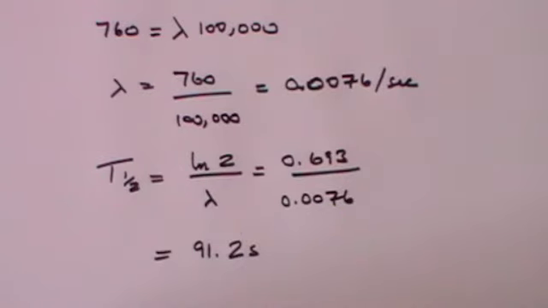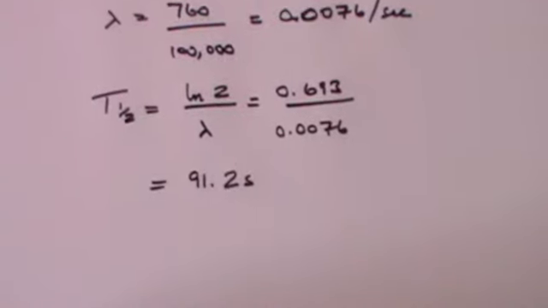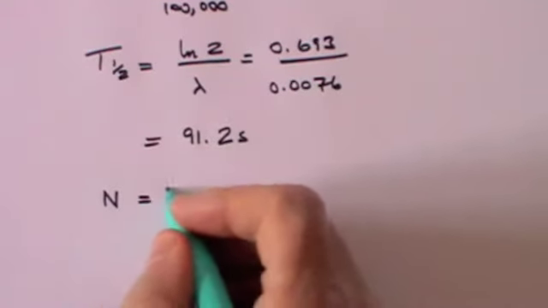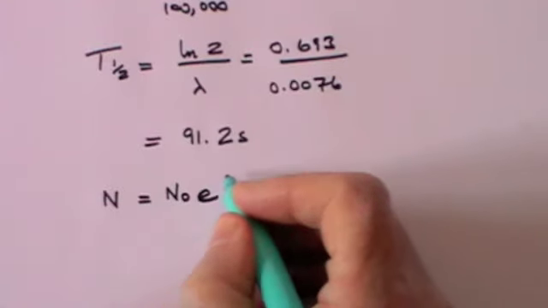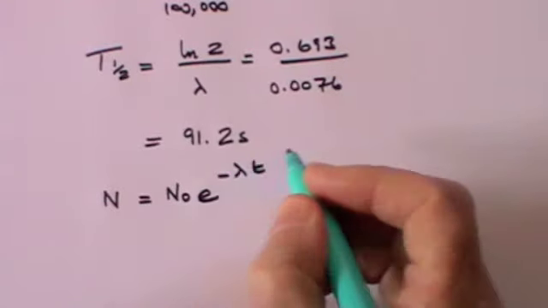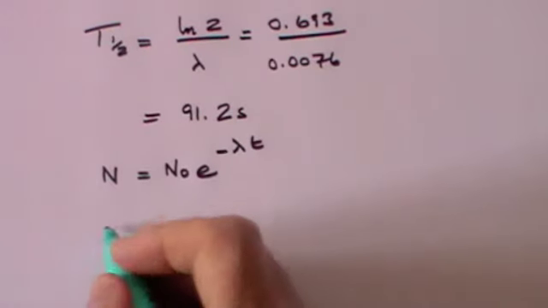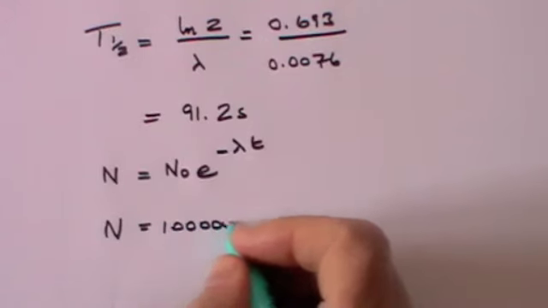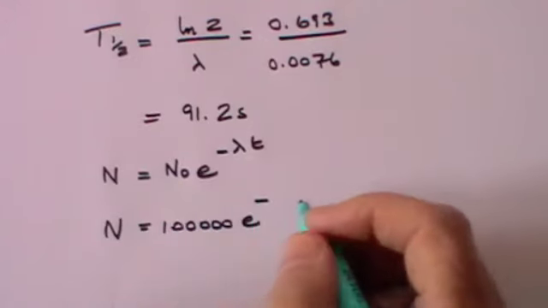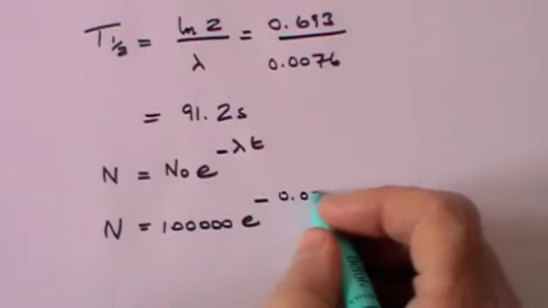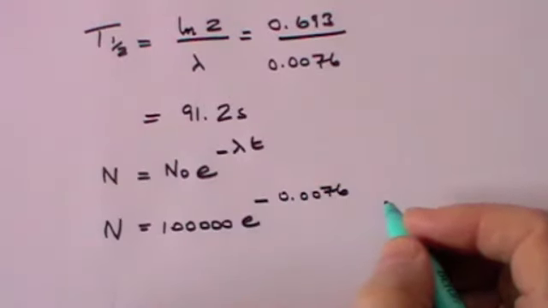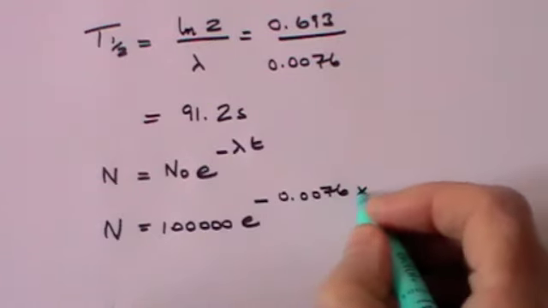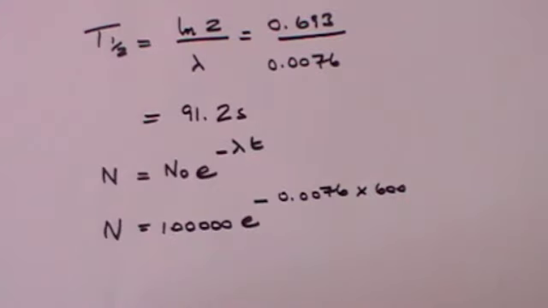And then how many atoms will be left after 10 minutes? Well, for that we need the formula that the number of atoms is equal to the original number of atoms times e to the minus lambda t. And that means that n is going to be equal to the original number, which was 100,000, times e to the minus lambda, which is 0.0076, we calculated that, times t, well, 10 minutes is of course 600 seconds, which I hope comes to